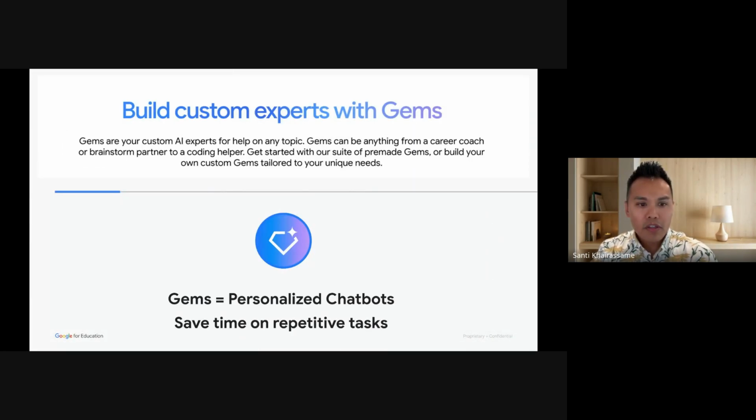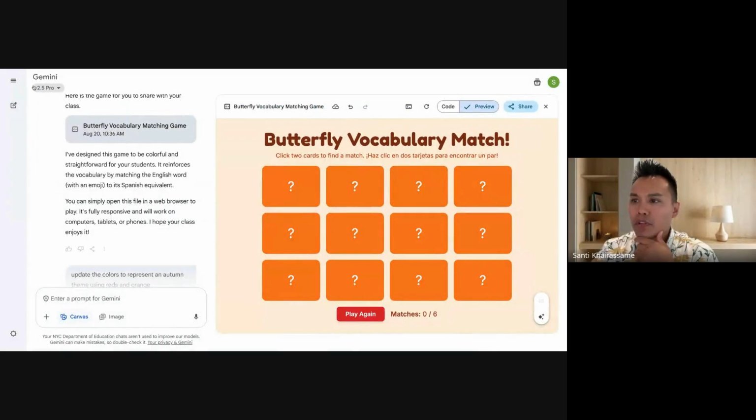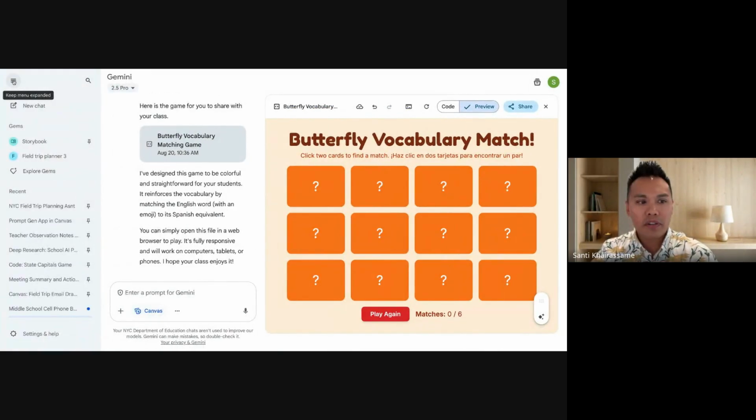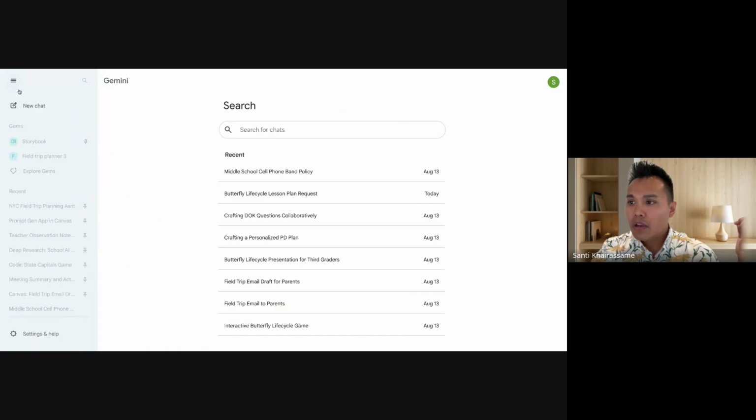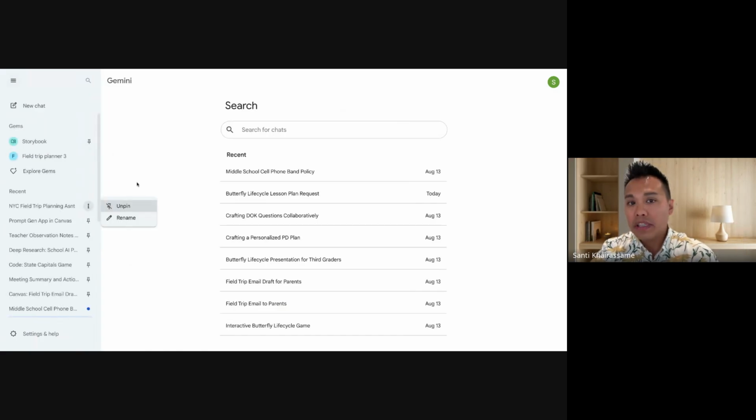Okay. Gems. Let me talk about this real quick. This is pretty exciting too. So if I click on the 3 lines here, lovingly known as the hamburger, you have your recent chats. You have gems, which I'm going to talk about. And then there's a search bar here, or a window where you can search specific chats in your history. At the moment, you cannot delete a chat. I'm not exactly sure why. I think that's related to maybe privacy. I'm not sure. I need to double check.